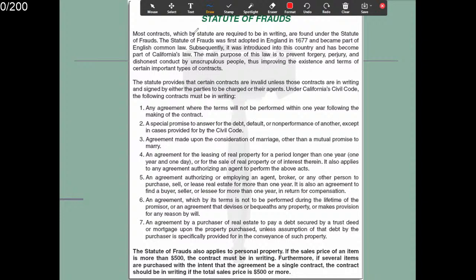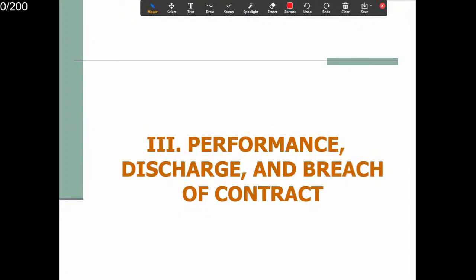Alright, so this is an example of statute of frauds. Most contracts that by statute are required to be in writing are found under the statute of frauds, right? The statute of frauds was first adopted in England, right? 英国这边它就是通过这是法律了，1677年代的时候。It became part of the English common law, okay? So we just adopted those laws or contract laws. 我们是用他们的法律，英国的法律来操作了，很多都是从英国这边来的，等等。这个你们慢慢读，这个是关于法律这方面的。